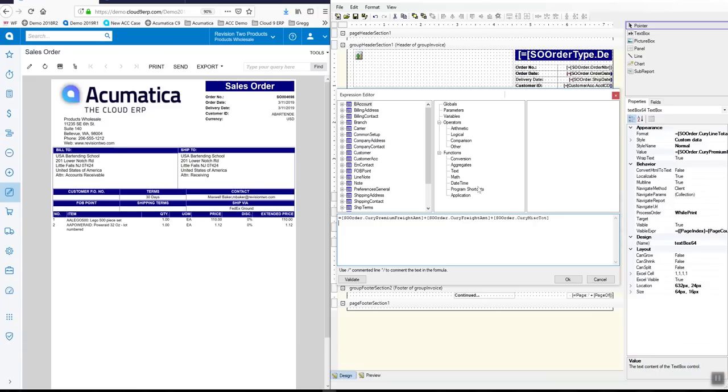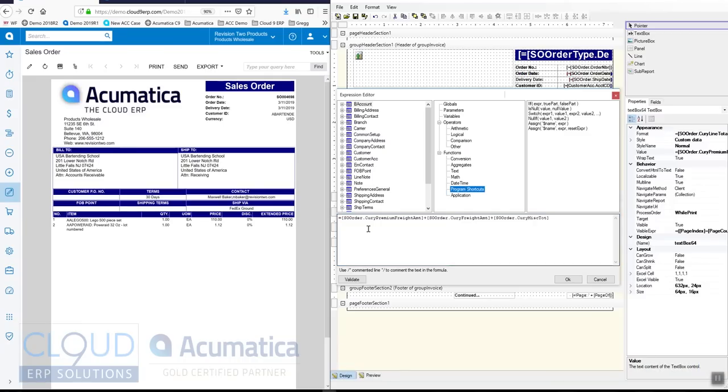So what we can do there is click on Program Shortcuts. We're going to replace. I'm going to leave this up here for now so I can start to type. And we'll add this expression. So we'll take this and we'll put it in the expression. Okay? And we'll say if it equals 0, then